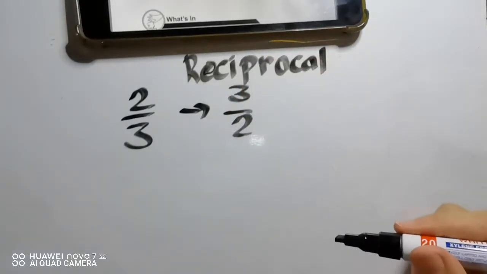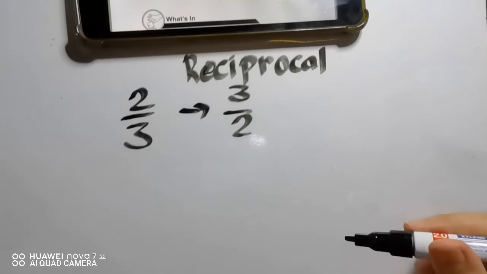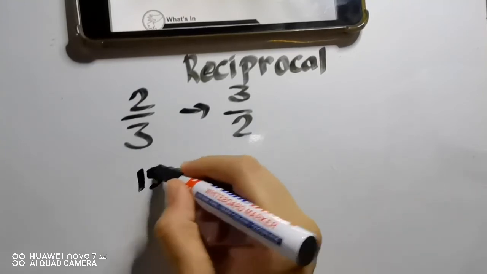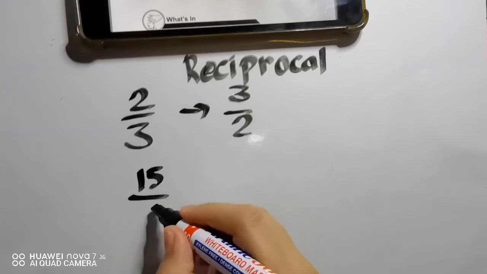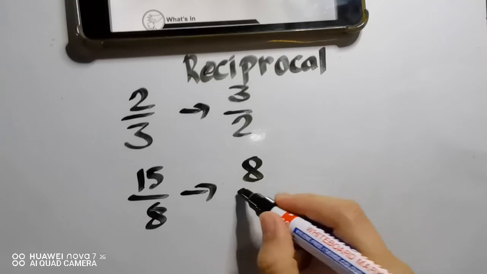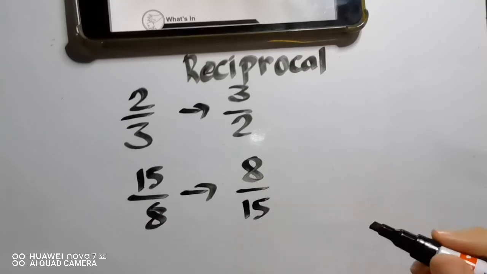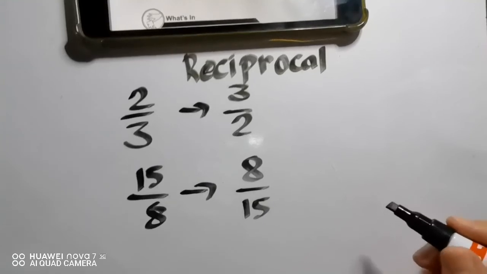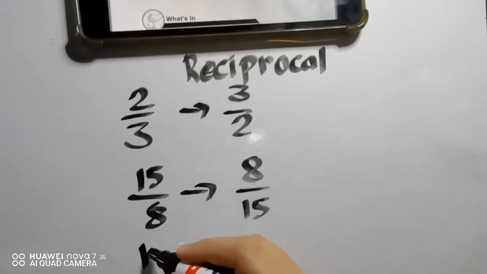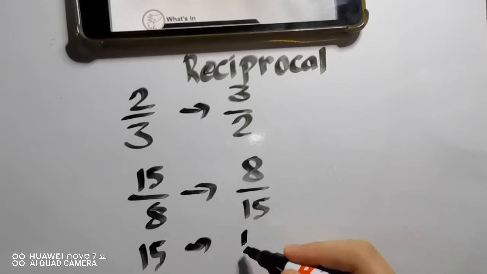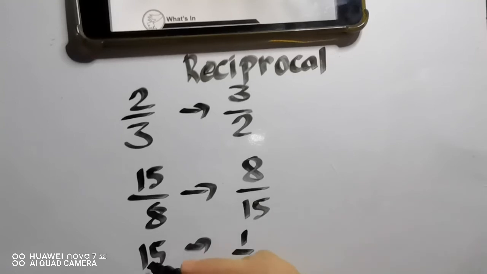Okay? So, reciprocal, yung kabaliktaran. Okay? So, let's say 15 over 8. So, ang reciprocal niya ay 8 over 15. Okay? Paano naman pag whole number? So, let's say, what about 15? Ano reciprocal niyan? Ang reciprocal niyan ay 1 over 15. Bakit? Kasi di ba ang 15,